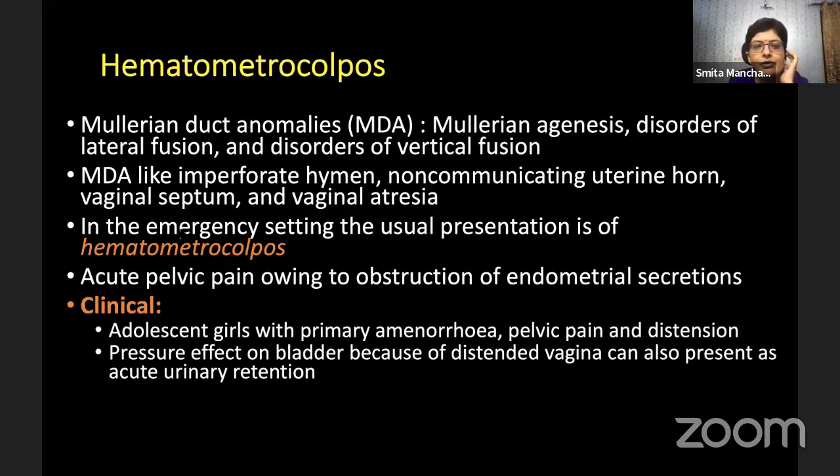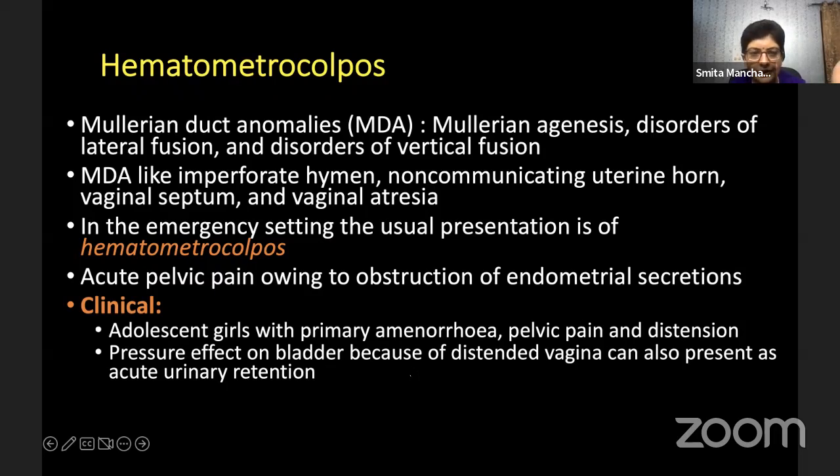So hematometrocolpos, as all of us know, is due to a Mullerian duct anomaly, and imperforate hymen, non-communicating uterine horn, vaginal septum, and vaginal atresia can all lead to this entity. Acute pelvic pain occurs because of the obstruction of the endometrial secretions, which cannot be expelled. So clinical presentation is classically an adolescent girl with primary amenorrhea, pelvic pain and distension, and the pressure effect leading